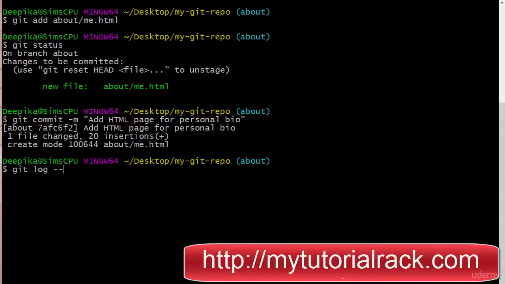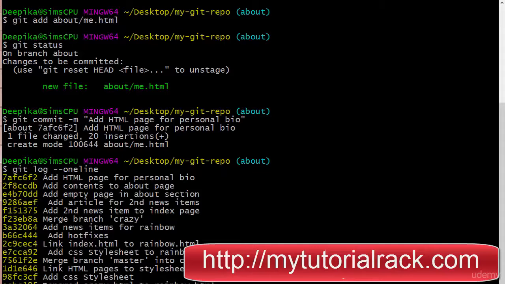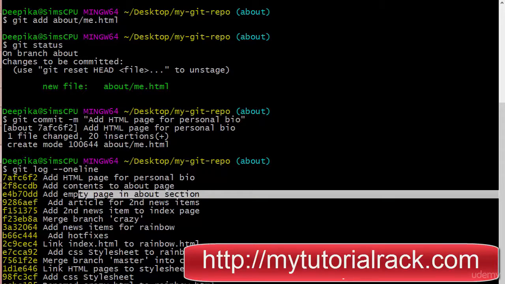And now if you look at the one line status, you will find that it does not have any merge messages. This is because of the rebase. Since we did not do a merge, if we would have done the merge to avoid the conflict, there would have been a message saying merge into the about branch. So we would have merged the master into the about branch. Because of the rebase, we were able to keep all the commits related to the about